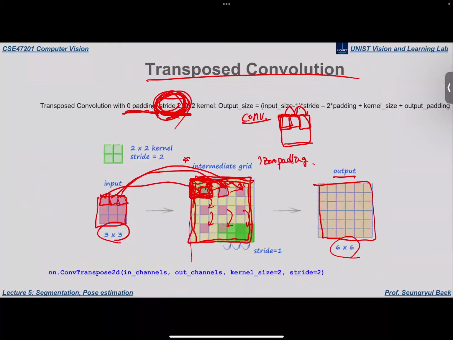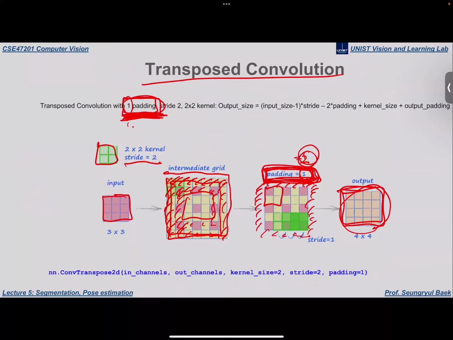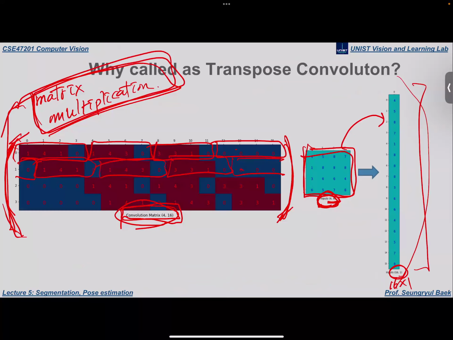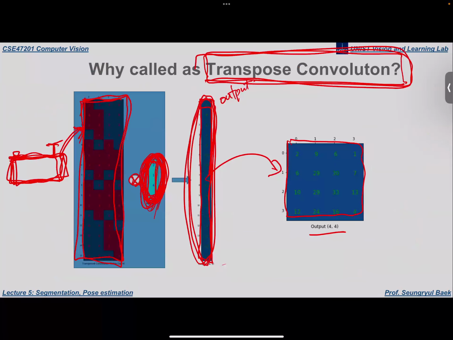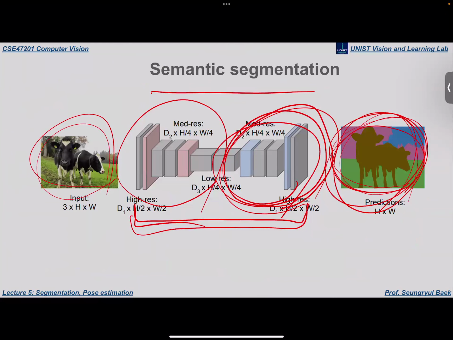That happens because we actually transpose the convolutional matrix, and that's why it is called the transpose convolution and has this kind of characteristic in its operation. Anyways, this kind of semantic segmentation algorithm you can easily implement using the encoder-decoder